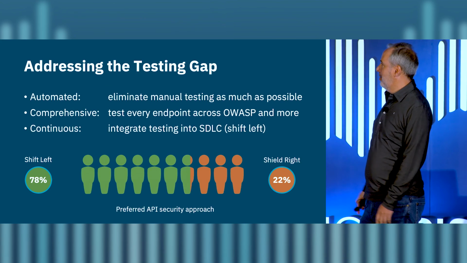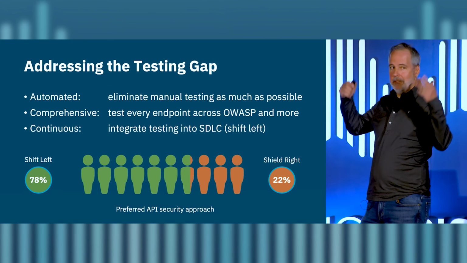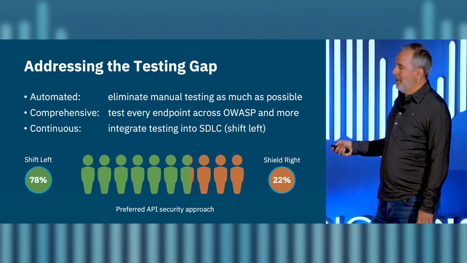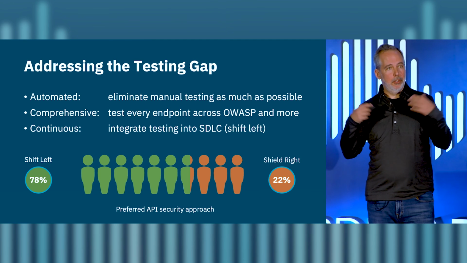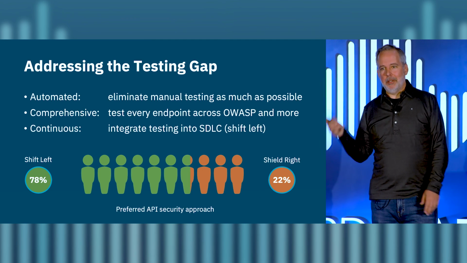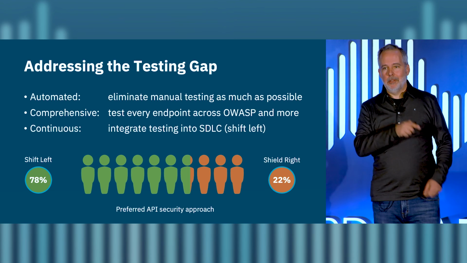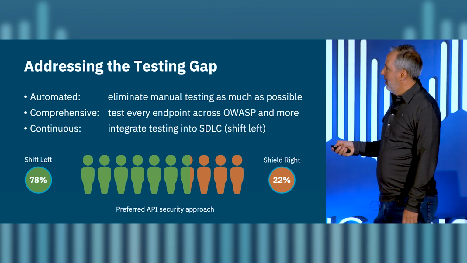Okay, so how do you address it? This is my sort of advice slide, I guess. We can't rely on manual testing. You should do manual testing, it's a thing, but it can't keep up with development. It's not going to keep up. So we've got to have automation in here, and it needs to be comprehensive.